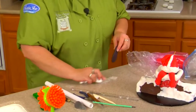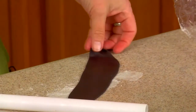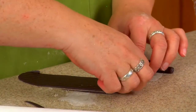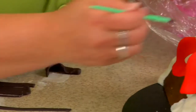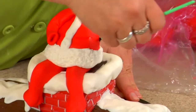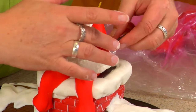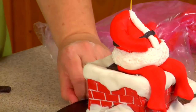Okay, so I need a strip, so I'll roll this out. And I'm going to cheat because I have an herb mincer, which would be the perfect size for a belt, I think. It's about 1/4 inch. And I don't need all of these, I just need one good one. Okay, decide where this is going to go. Probably right about here. And come around the back. Okay, so I'll tuck it in there. Come all the way around the back, and then I'll just cut it off right under his arm here, and then tuck that